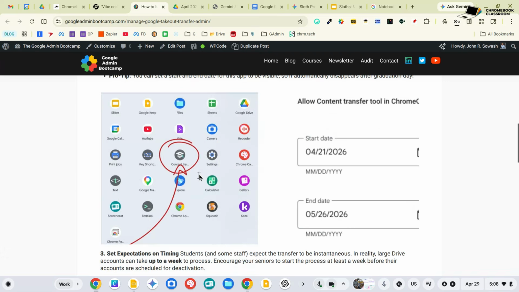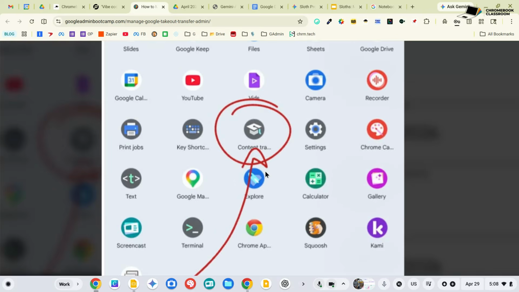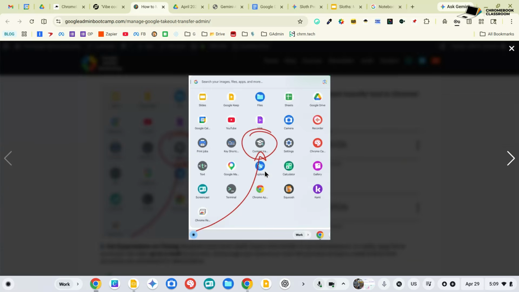There's also a brand new app that's pretty cool. I stumbled upon this kind of accidentally on a managed Chromebook. If you open the app launcher, so that's the little dot in the bottom left corner of your screen, open the app launcher and do a search for content transfer. Google has pushed out an app that seniors can use. Again, you put in your current email, you put in your new personal email address, and it will copy your emails and documents into that personal email account. So it's built into the Chromebook. This does need to be enabled for your school Chromebooks.